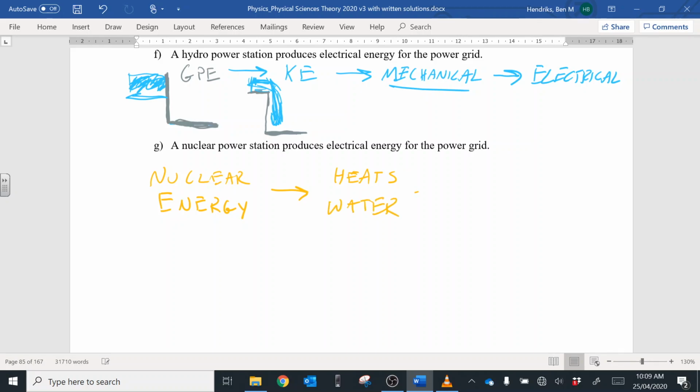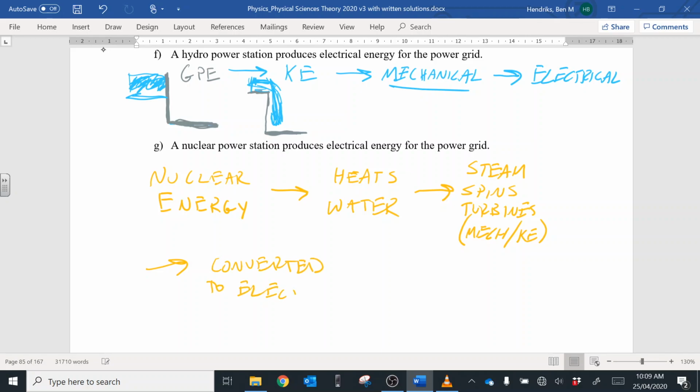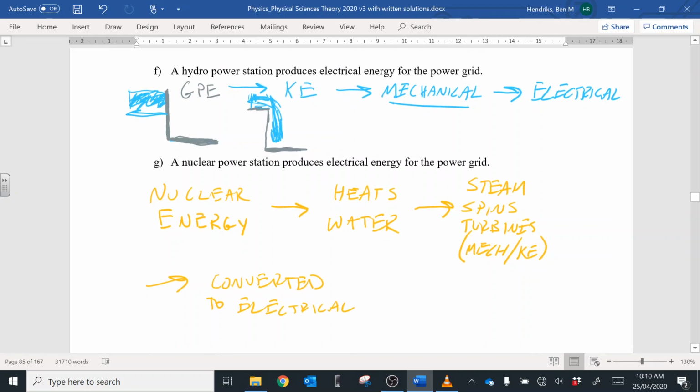So then that produces steam, which spins turbines. So what's that then? I guess that's mechanical or kinetic. Then that gets converted to electrical. Okay, and if you're interested in that, you can look up some videos on that too.